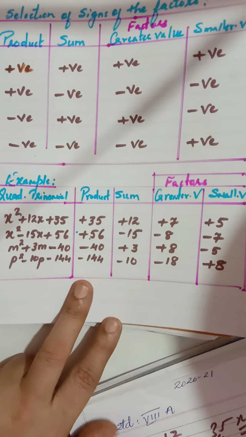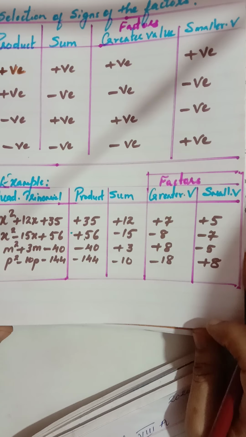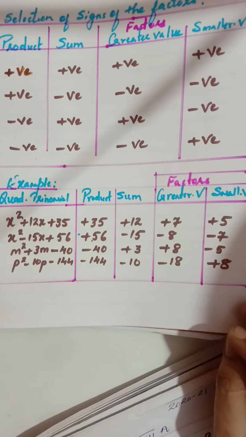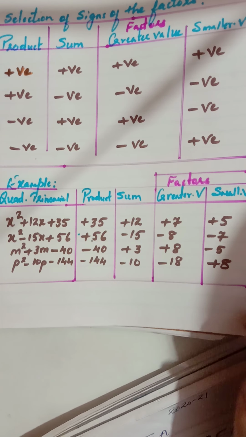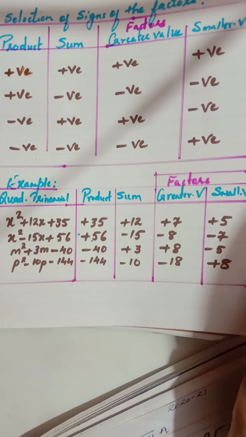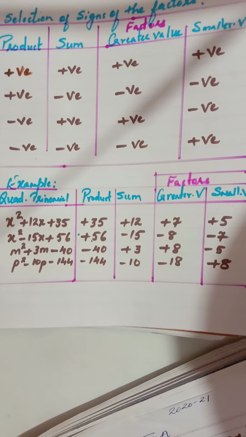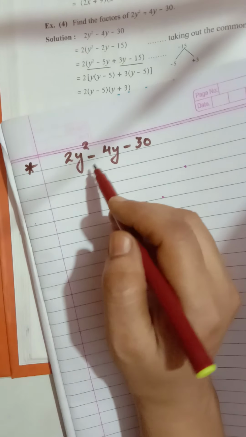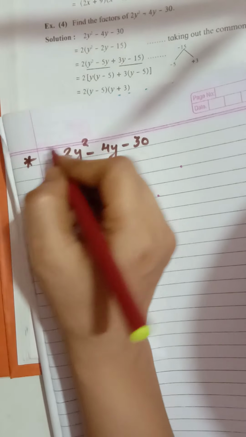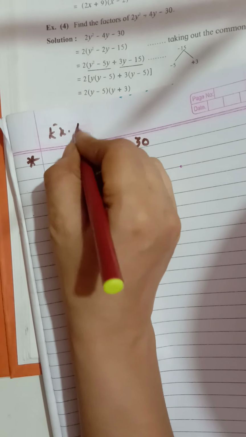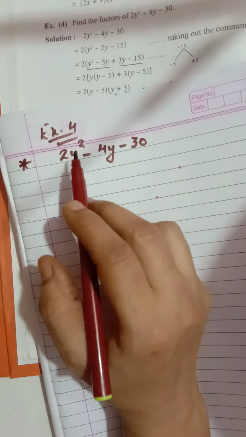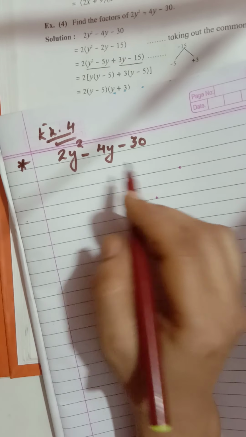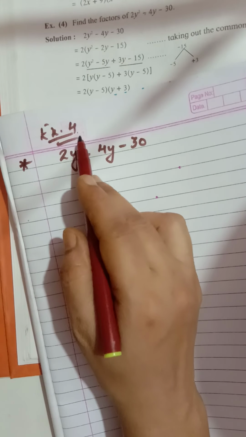So I hope you will see this example 2 times and try to put these points and rules in your mind, so that whenever you are selecting the factors it becomes easy for you. Now see children, let's start with the sums. Here I have taken the last example, solved example number 4. The first, second, third are almost the same as what we had done in the practice.